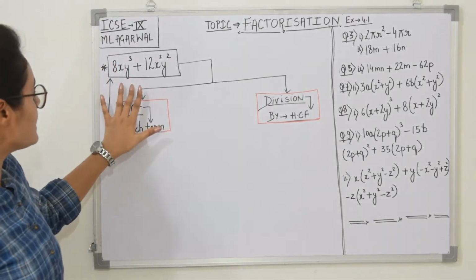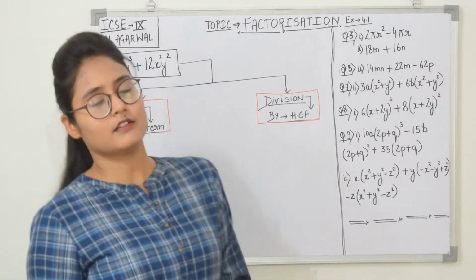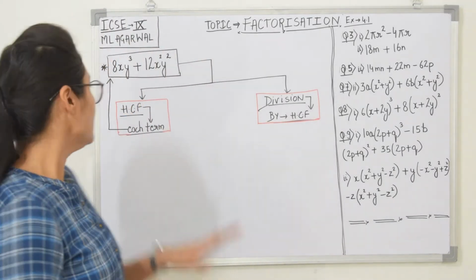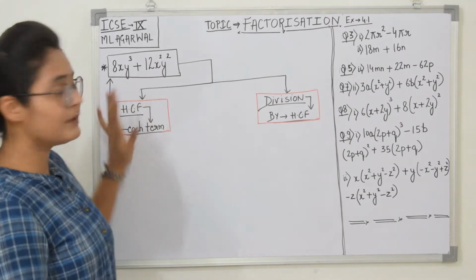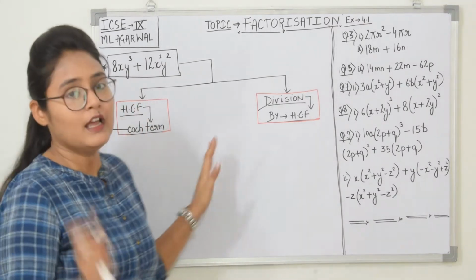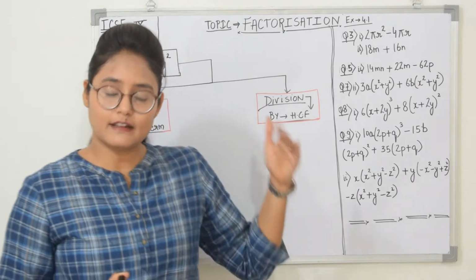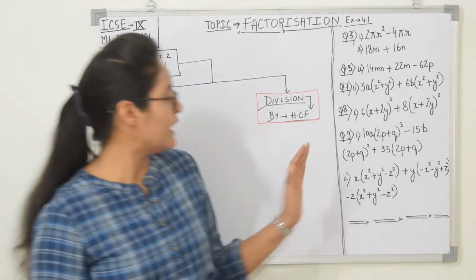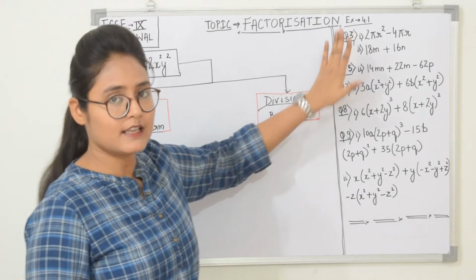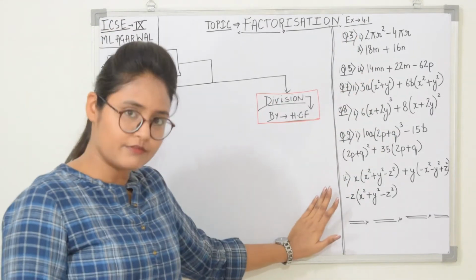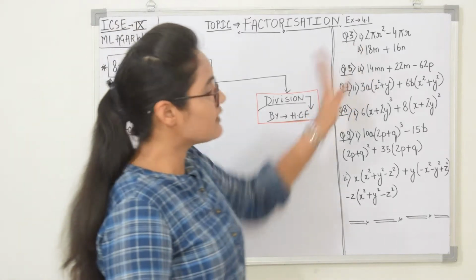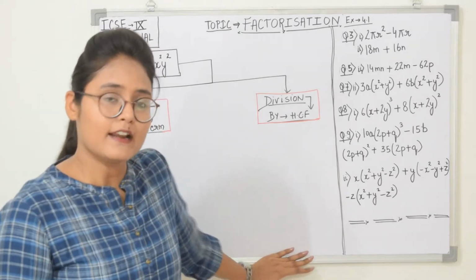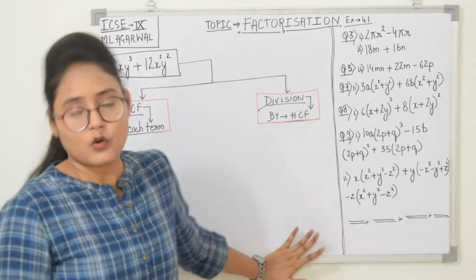See, polynomials are of different types, and we all know they can have numerous terms also. That is why they have been named polynomial. Till now we have been considering the simple form of polynomial, and in the examples, if you rewind, at the end I explained some polynomials which were a little bit different. I have filtered out some questions from your exercise 4.1 which seem a bit different, not typical, I can say. I will try to clear those questions also in this session, and after that I will continue with the second exercise along with its concepts.